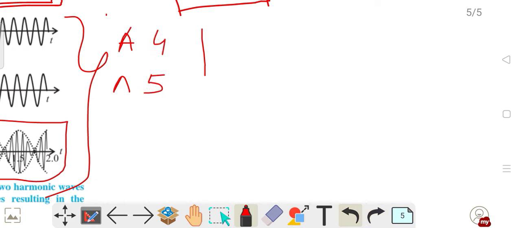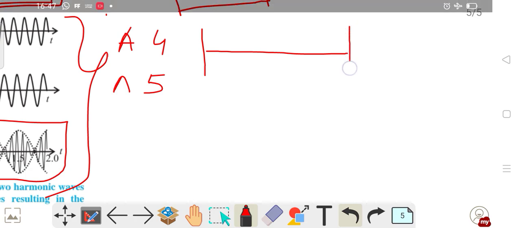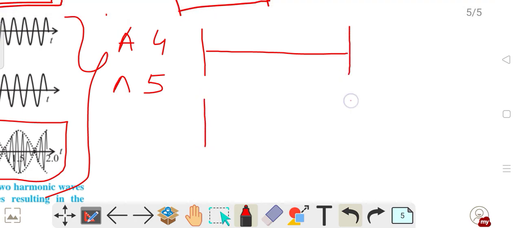Frequency 4 means how many cycles in one second? It will do 4 cycles. Suppose this is the thing, 2 waves I am studying. In one second it did 4 cycles, 1, 2,